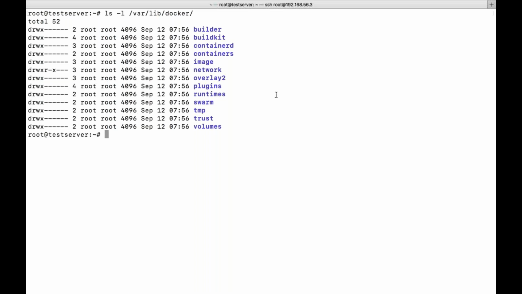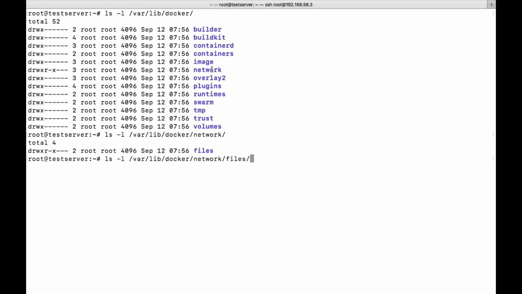Whenever, for example, I change something on the Docker network end, that information will be stored in this network directory. Containers will obviously be shown in the form of files. This is a database, so here it will be storing these particular details. So remember, this is the home directory of your Docker.